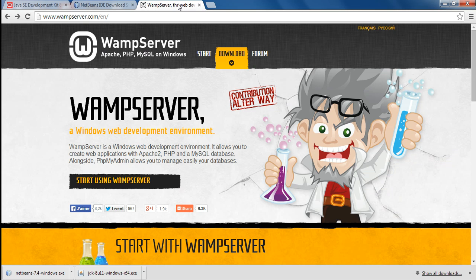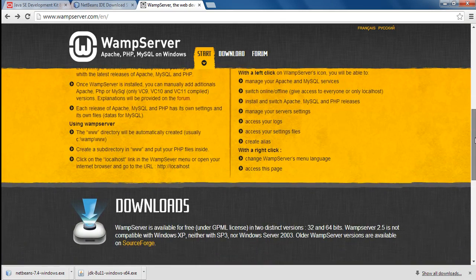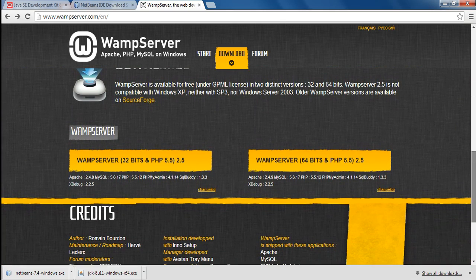This is it. Okay, and we're going to scroll down a little bit on the page. Okay, and again, you have to download the appropriate version of WAMP server based upon your operating system. I'm running Windows 64 bits, so I'm going to download that version of WAMP server. To kick off the process, you push the WAMP server 64 bits and PHP 5.5.12 button,